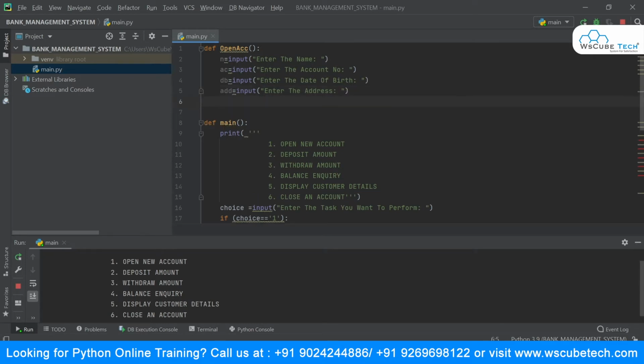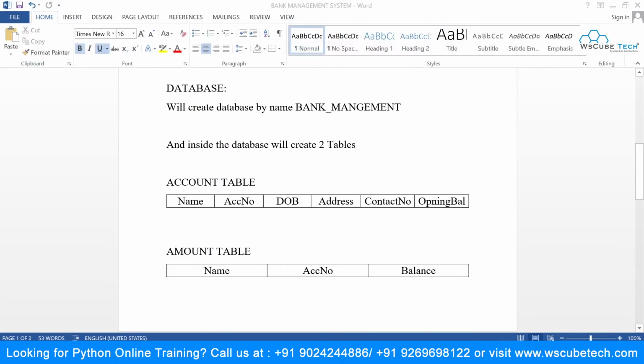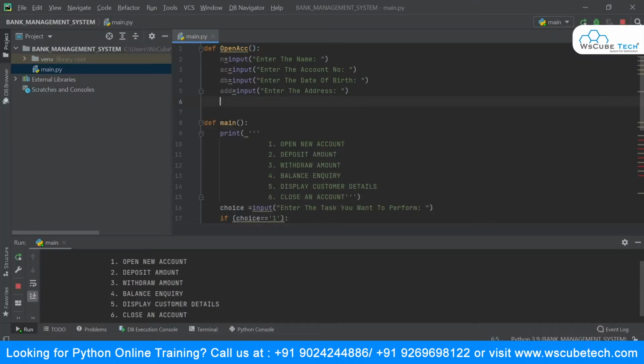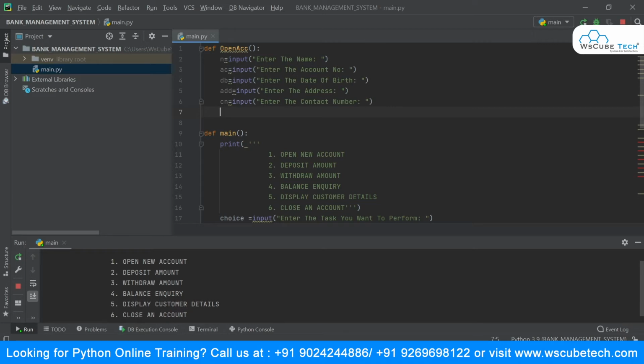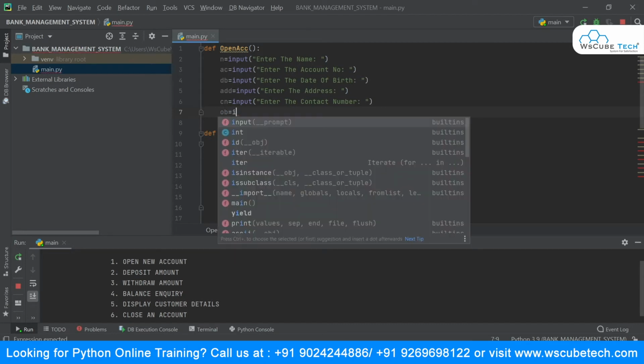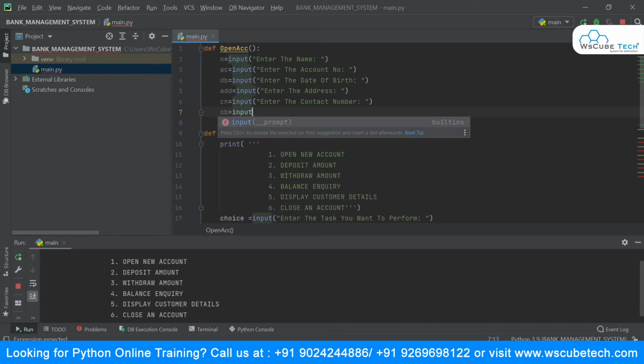Then it was about the contact number, I guess, so for contact number, cn is equal to input, enter the contact number. And the last one we were having is the opening balance. So I will say opening balance is equal to input, enter opening balance.